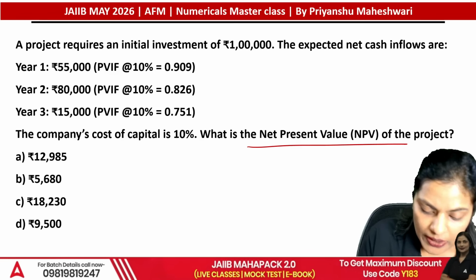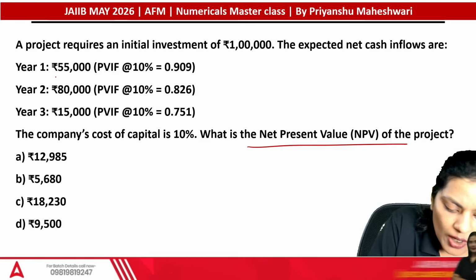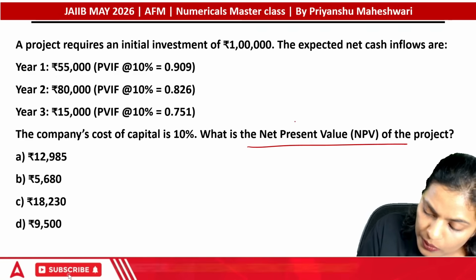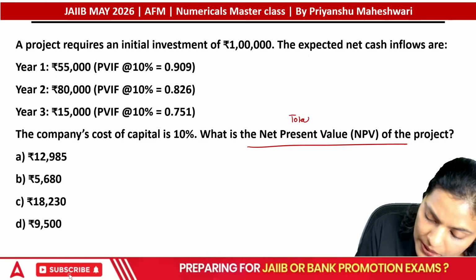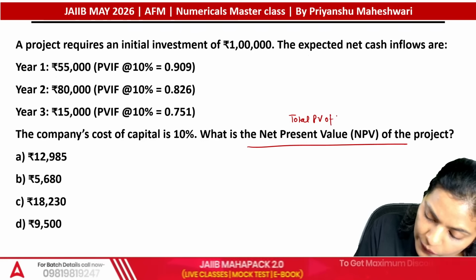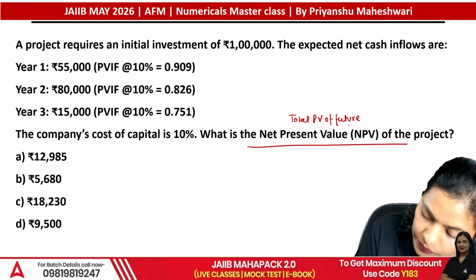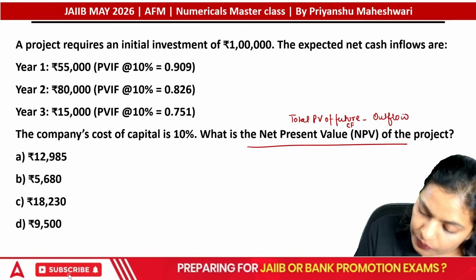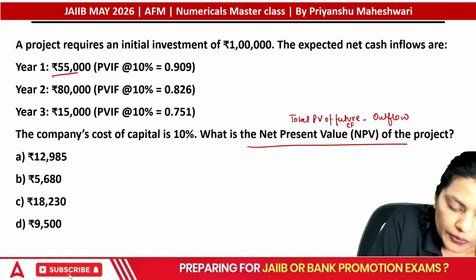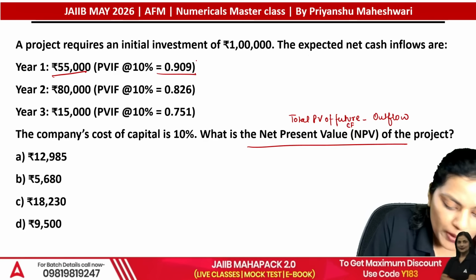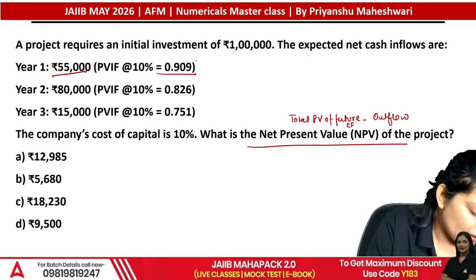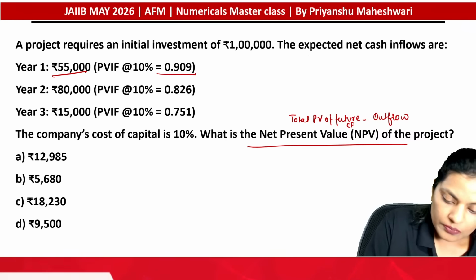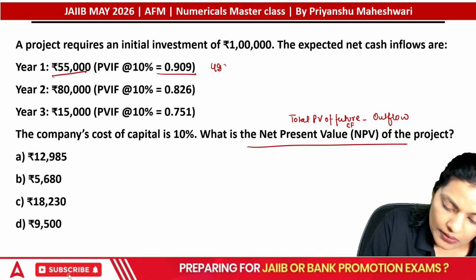So now see, whenever it is about NPV, how do we calculate? NPV is equal to total present value of future cash flow minus outflow. Correct? Now, present value factor is given 0.909. So just keep multiplying this with this. 4995,